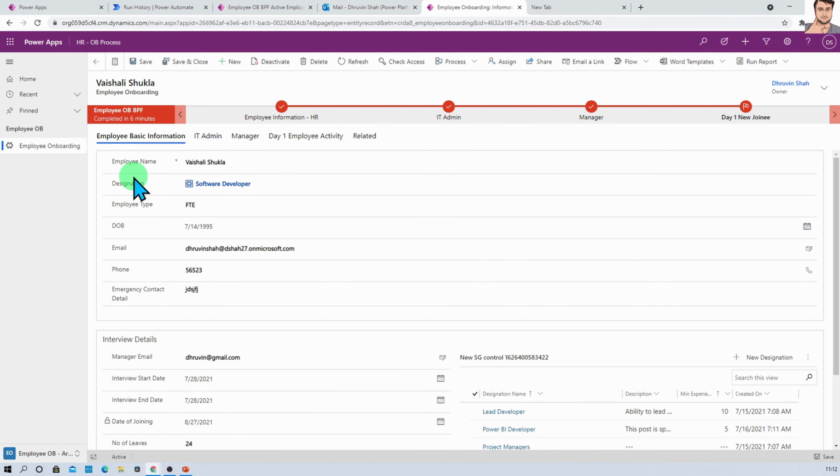If you have any question or any suggestion, add it in the comment section. Now I know one common question all of you have in your mind at this moment: yes Dhruvin, with email notification you have sent the notification to the appropriate user and that particular user has filled in the information into your system. But what if, as an IT admin, I am logging in here and I do not want to see the HR fields? Can we hide those fields? How can we do that?